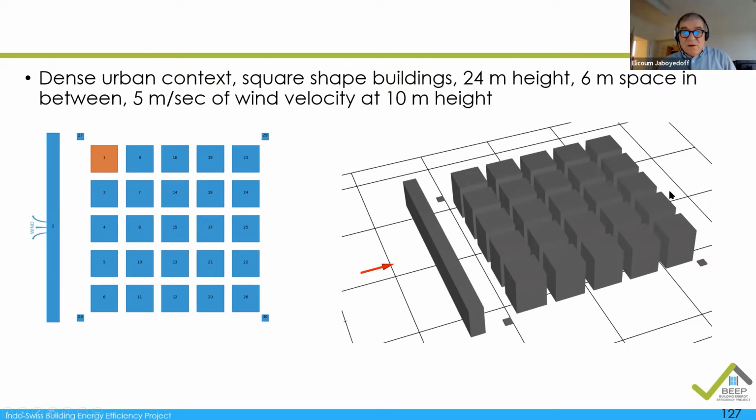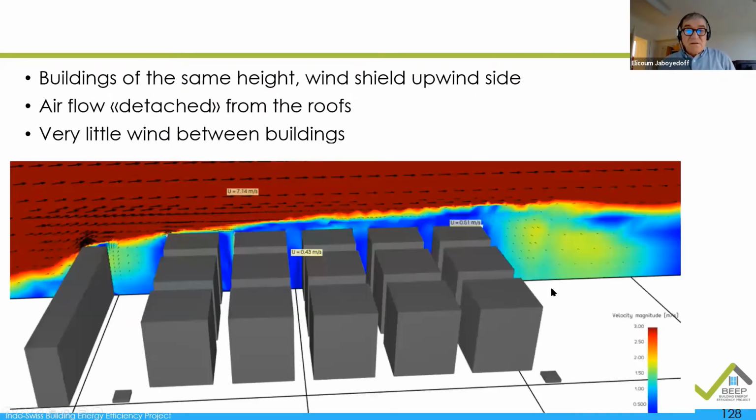When we look at this building, we also have a shield in front, so that we think if new buildings would come, it will reduce even the wind that could come at a lower level. Now, if we look at the results, the windshield makes it so that there is hardly any velocity coming through the buildings. You see that the blue again is very, very low air velocity, but you have a high velocity above the